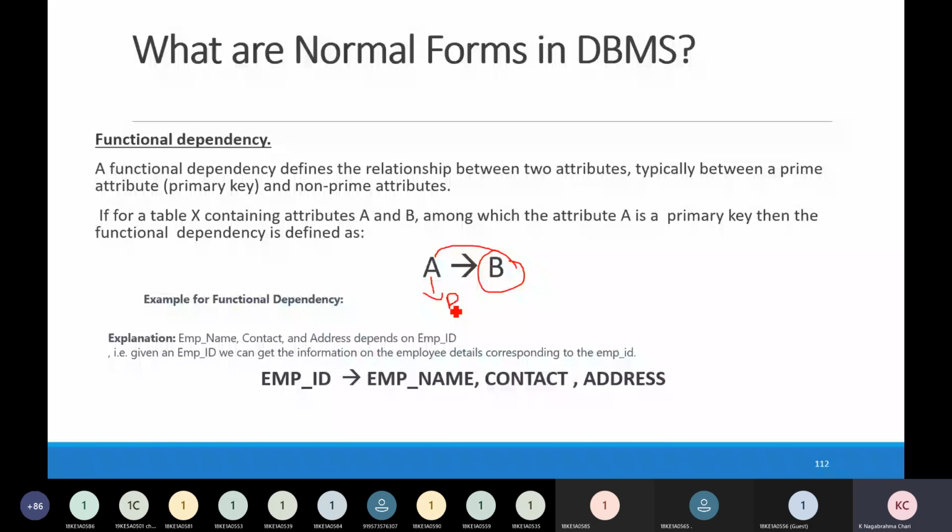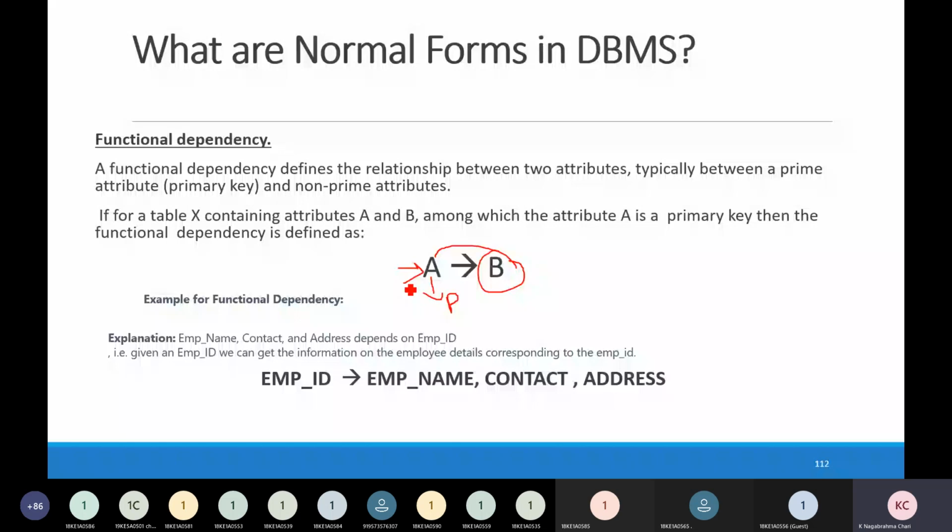A prime attribute is the attribute we choose as the primary key. Whatever value is in the table, we retrieve based on the primary key only. One table has only one primary key.